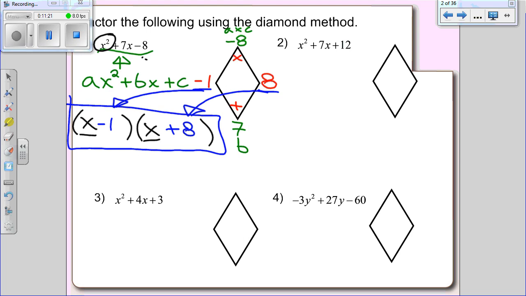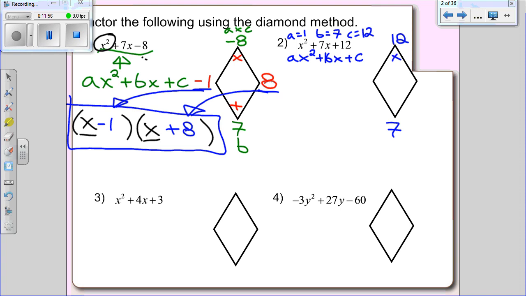So I have a trinomial. It's in the upper form, which is ax squared plus bx plus c, where a is equal to 1, b is equal to 7, c is equal to 12. The top of the diamond is a times c. Bottom of the diamond is b. Next color looks a little messy. The sides of the diamond are two numbers that multiply to be the top, add to be the bottom, 4